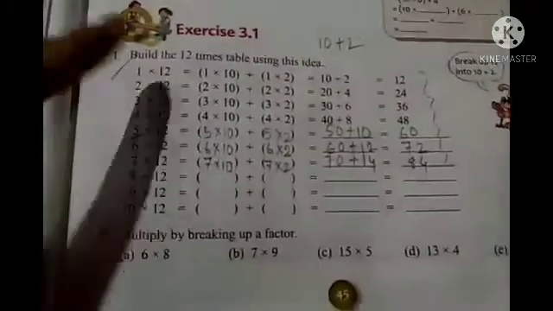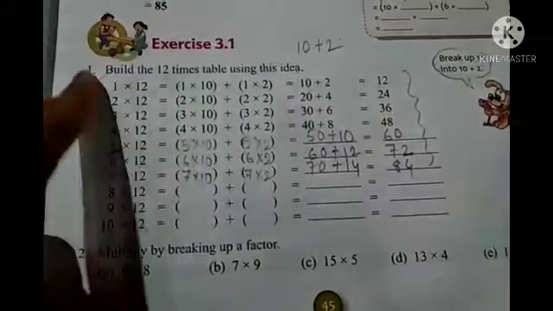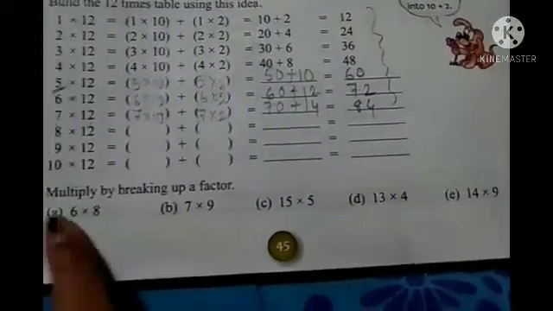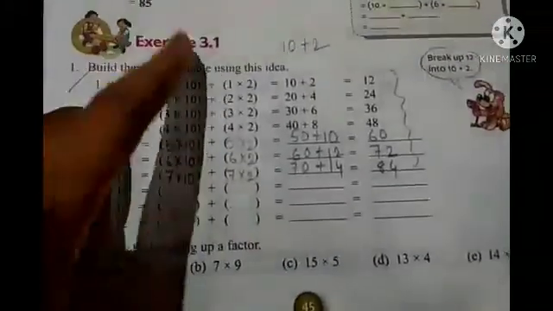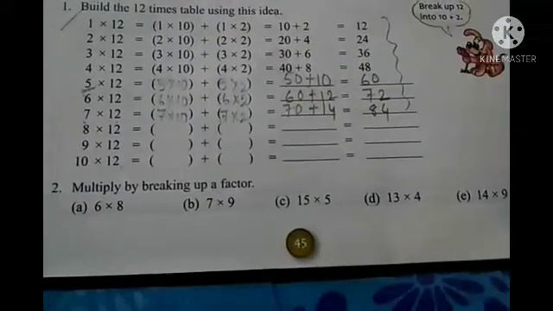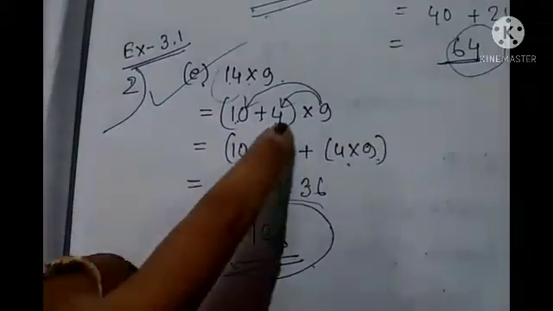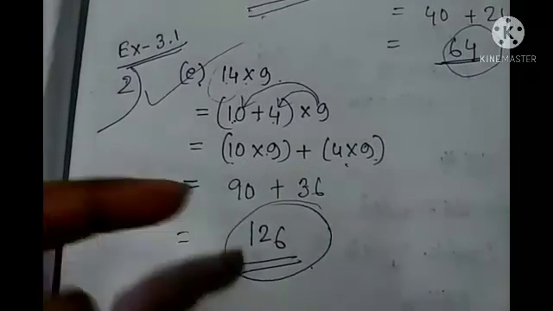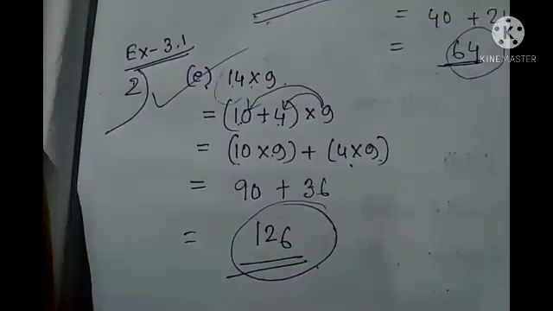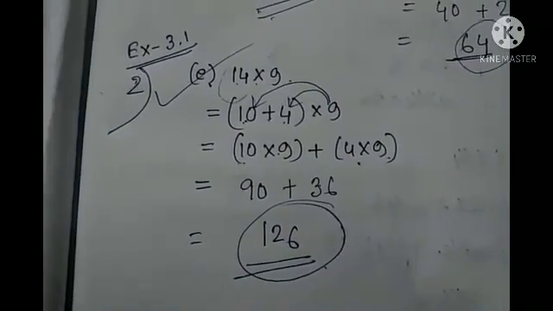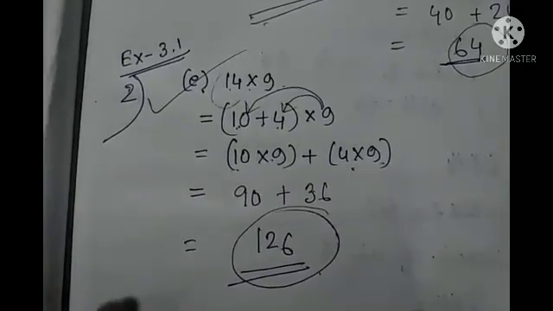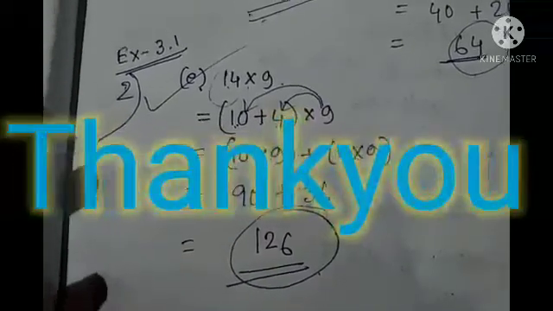So students, this one, exercise 3.1, one number you can do in your book, but these 5 questions you have to write in your copy. So you do exercise 3.1 question number 2, parts A to E, and write it down in your copy as I have shown you. For your understanding I made this arrow mark, but while you are writing, no need to make any kind of arrow mark. Just write neatly and cleanly. Okay students, so you do exercise 3.1. In my next video, I will discuss 3.2 and also some more topics. Okay, thank you.